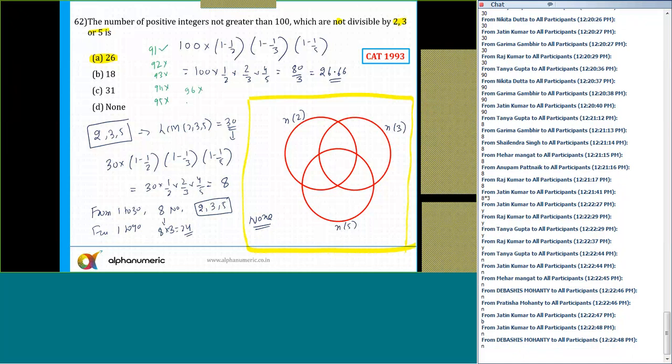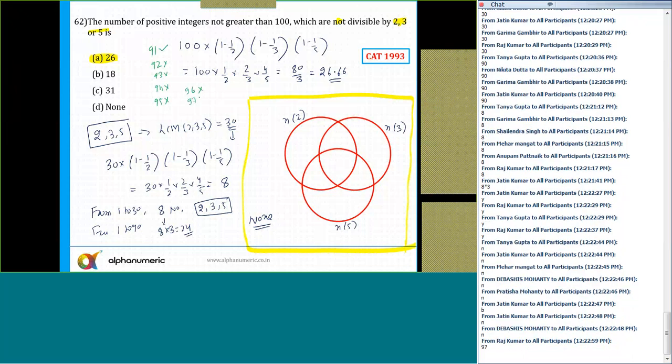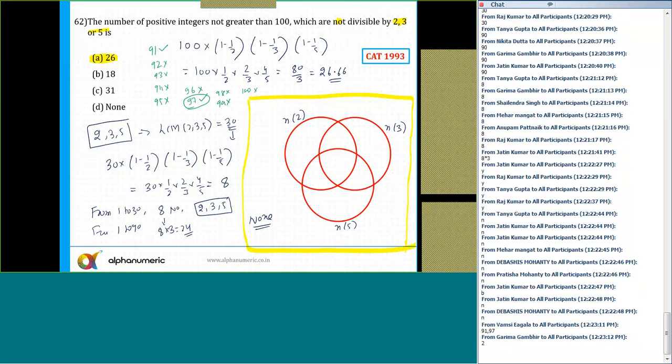I'm looking for a number which is neither a multiple of 2, nor 3, nor 5. 97, again yes, it will satisfy. 98, multiple of 2, neglect that. 99 is a multiple of 3, neglect that. 100 is a multiple of 2, no. So what extra numbers have I got? I have got 97 and 91. We have already identified that there are 24 numbers, and these two numbers also. So 24 plus 2, 26. Now you are 100% sure that there are exactly 26.